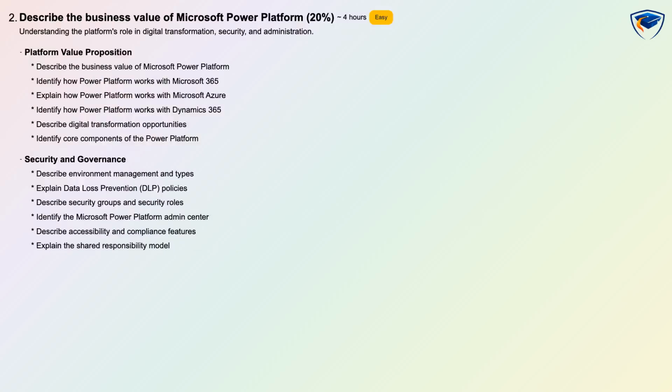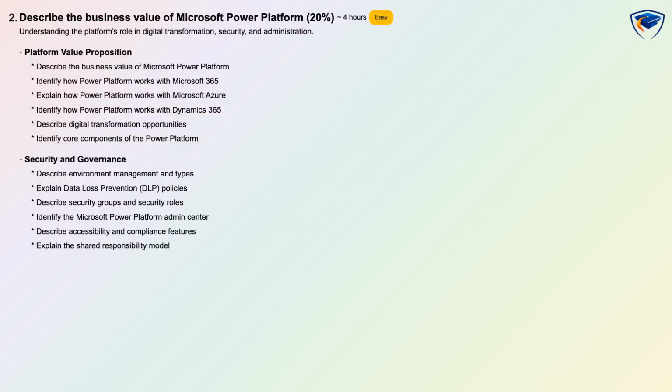Describe the business value of Microsoft Power Platform carries 20%, difficulty easy, with an estimated learning time of 4 hours and assessment type conceptual and scenario-based. This domain explains how the platform supports digital transformation and integrates with Microsoft 365, Azure, and Dynamics 365 to deliver